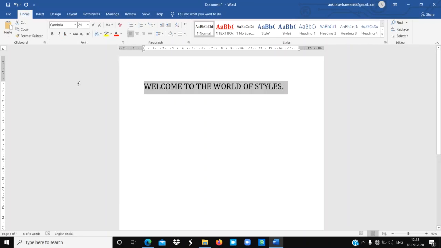Now I want my text to be shown in bold, so I select this capital B, which will help you make your selected text bold.